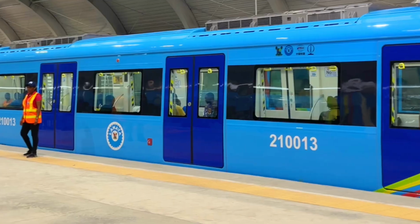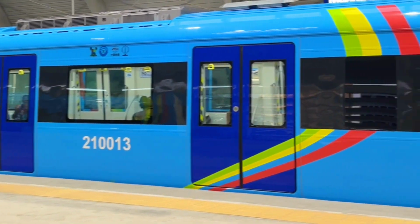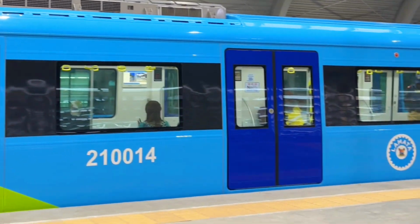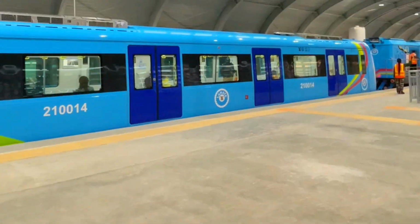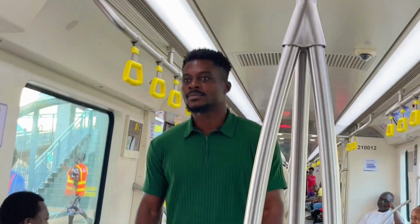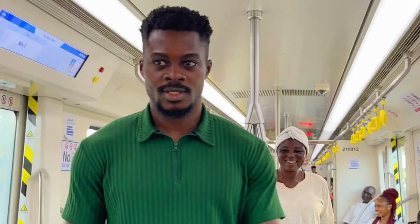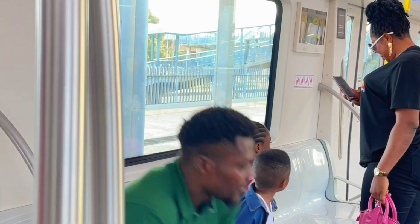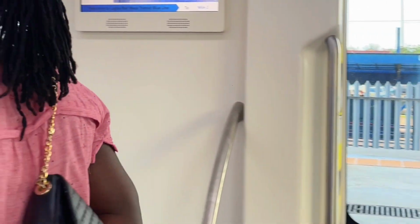Then also the train has 4 coaches, and each coach can seat 24 people. So when I say coach, I don't know how to describe it, but coach is like a compartment. You know how trains are usually very long, but they are like different sections. So I would say it has like 4 sections or coaches, and each of these 4